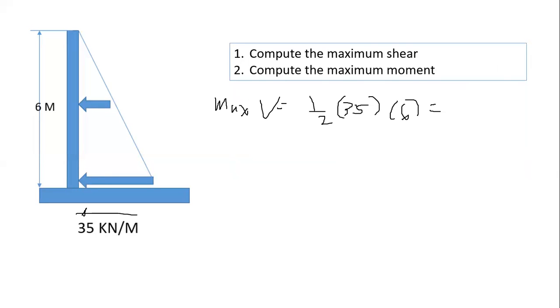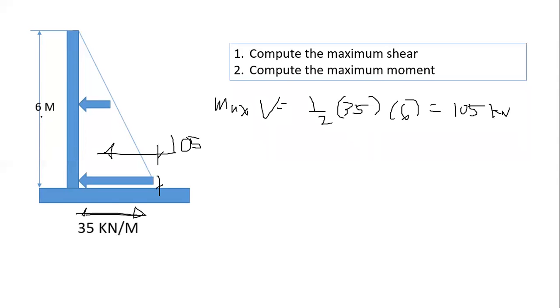Okay, this is 105 kilonewton. Number 2, what is the maximum moment? Ito, kung ito yan yung resultant na lateral pressure na actually 105. Ito naman yung shear actually pag ganun, opposing. Multiply nyo lang ng